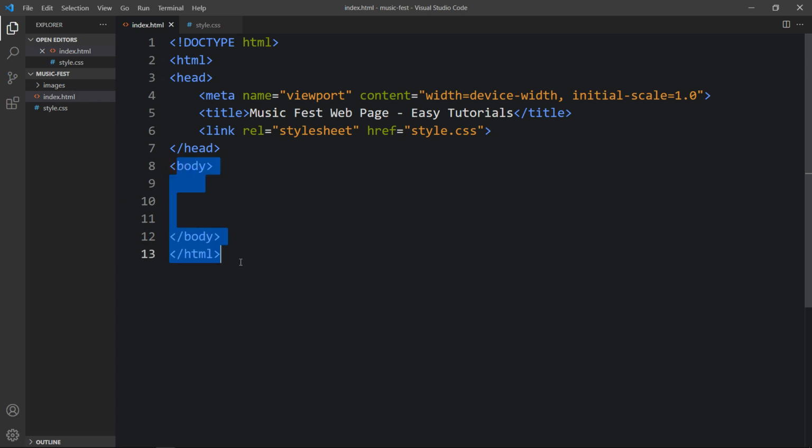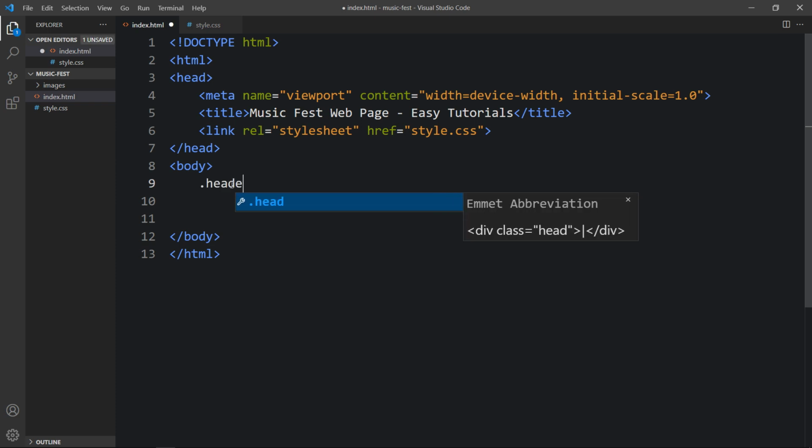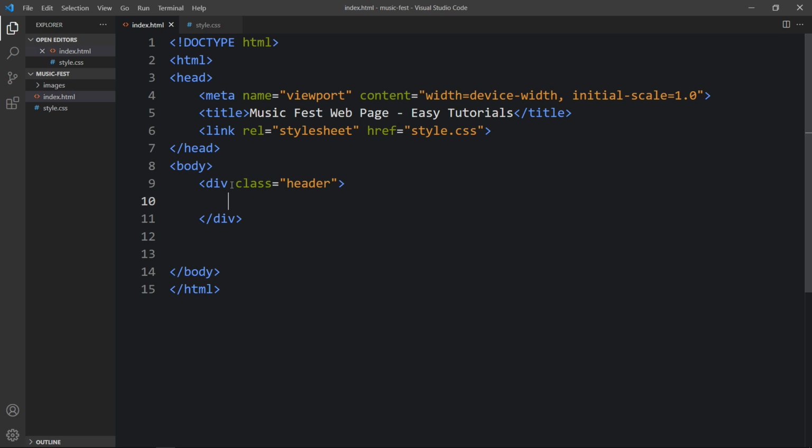So within this body, let's add a div with the class name header. You can use any class name. And next we have to add the columns in this div. So let me add the first div with the class name col1 and duplicate it, and it will be the col2. So here we have created one left column and one right column, and next we will add the CSS for this one. So let's add this class name in the CSS file,